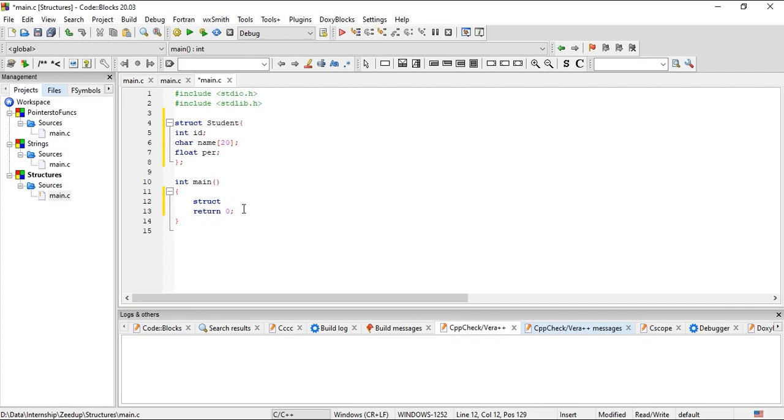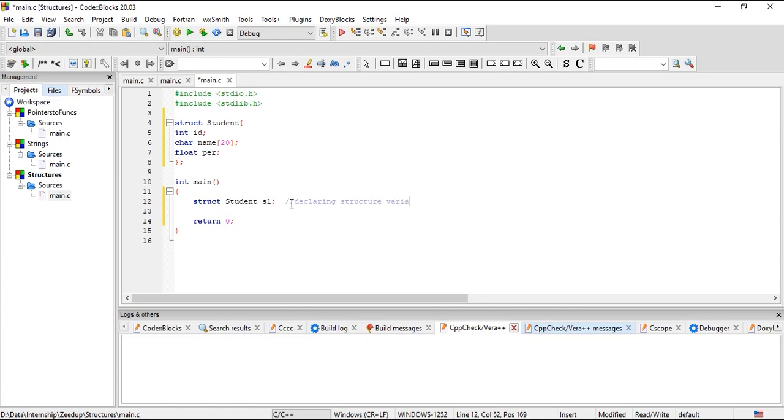Now, what is the name of the structure for which you want to create a variable? That's going to be student in our case. So let's just write student. Then put a space, and now you need to give the name of the variable which is going to be acting as a structure variable. So let's just write S1. That's a pretty simple name. That's it. That's how you can create a structure variable for yourself inside the main function. Now, how can you use this variable? So that is declaring a structure variable.